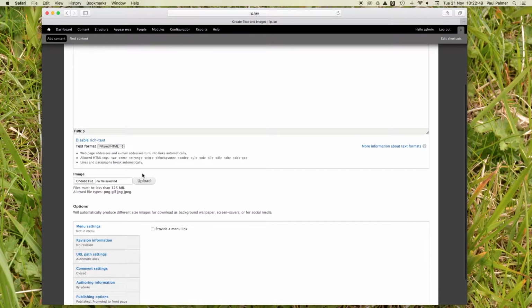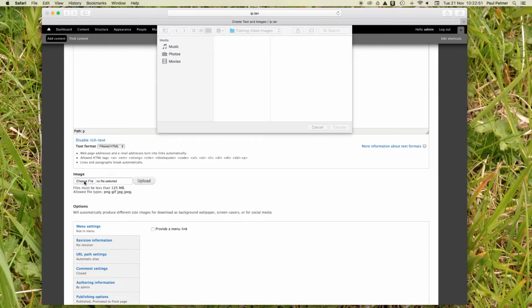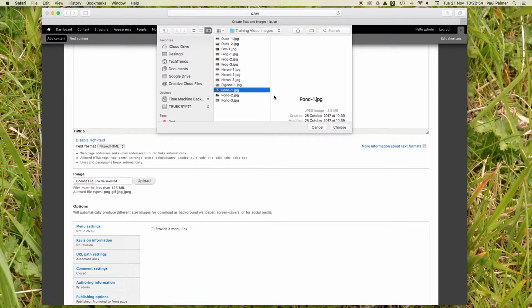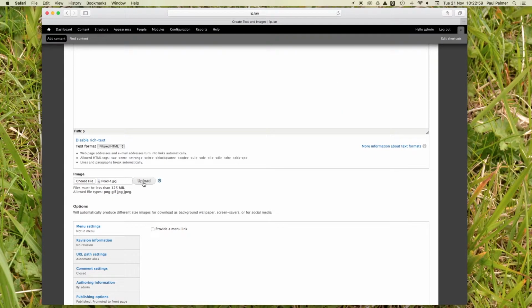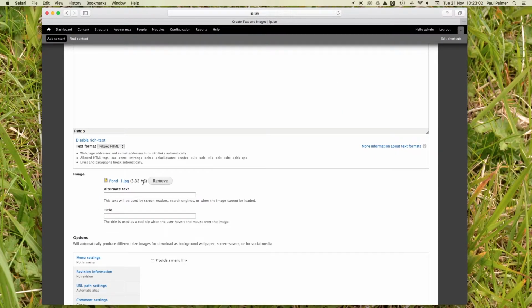And now I'm going to find a suitable image, choose file. I've got an image that shows the pond, so I'm going to choose that. Then I'm going to upload it. Very important at this point to upload it because it shows the alternate text and title menus, and these are used by screen readers, but there's no search engines on an info point. But it's actually very useful for people who use assistive technology when browsing content because it tells them what the image is about. So we're going to call this the garden pond,